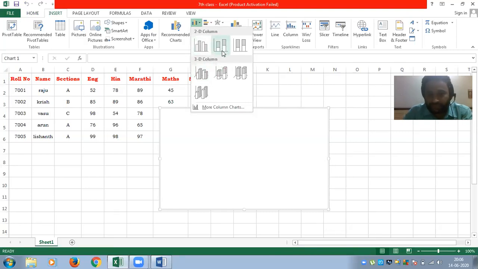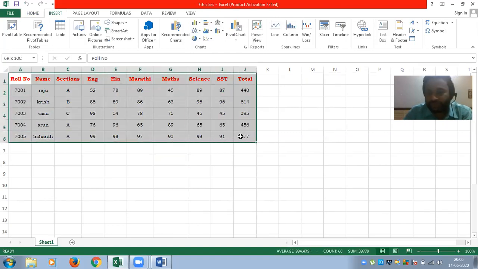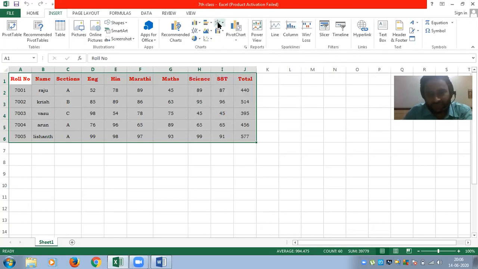Before selecting any one of the charts, you must select the data. Here, under the charts group, there are different types of charts. When you place the mouse pointer on a chart, it shows the name of that chart. Here: column chart, bar chart, surface or radar chart, line chart, area chart, pie chart.